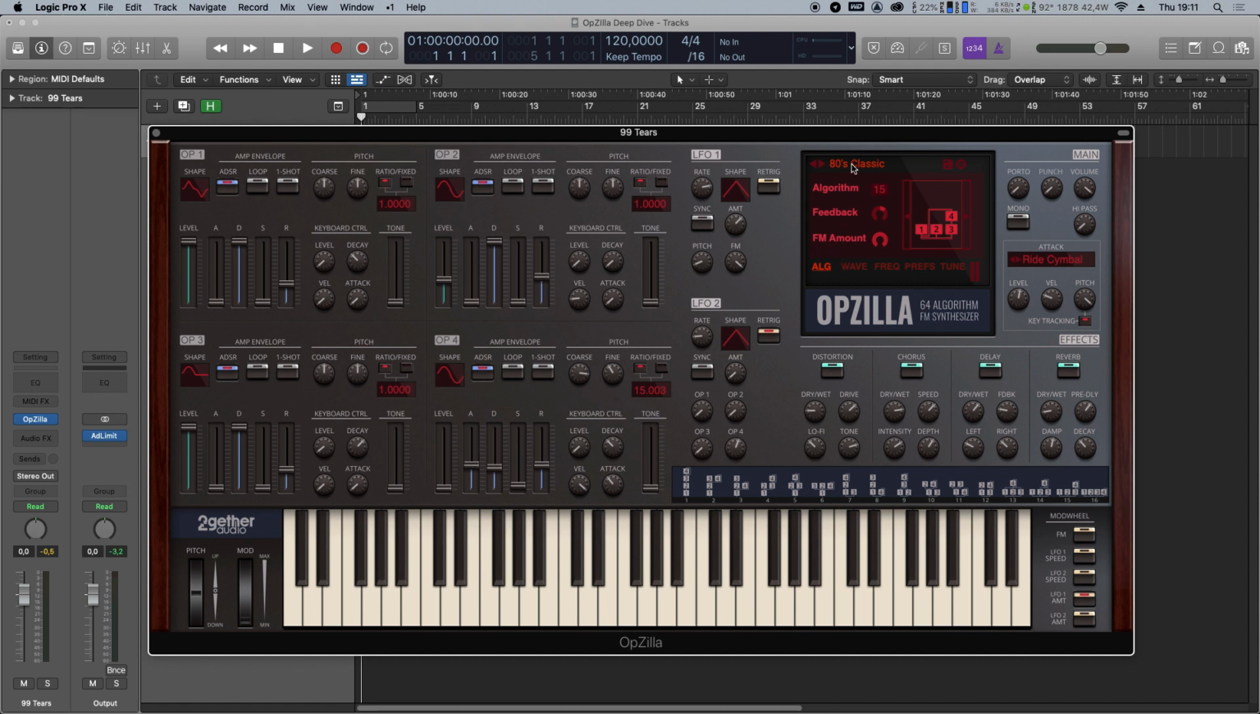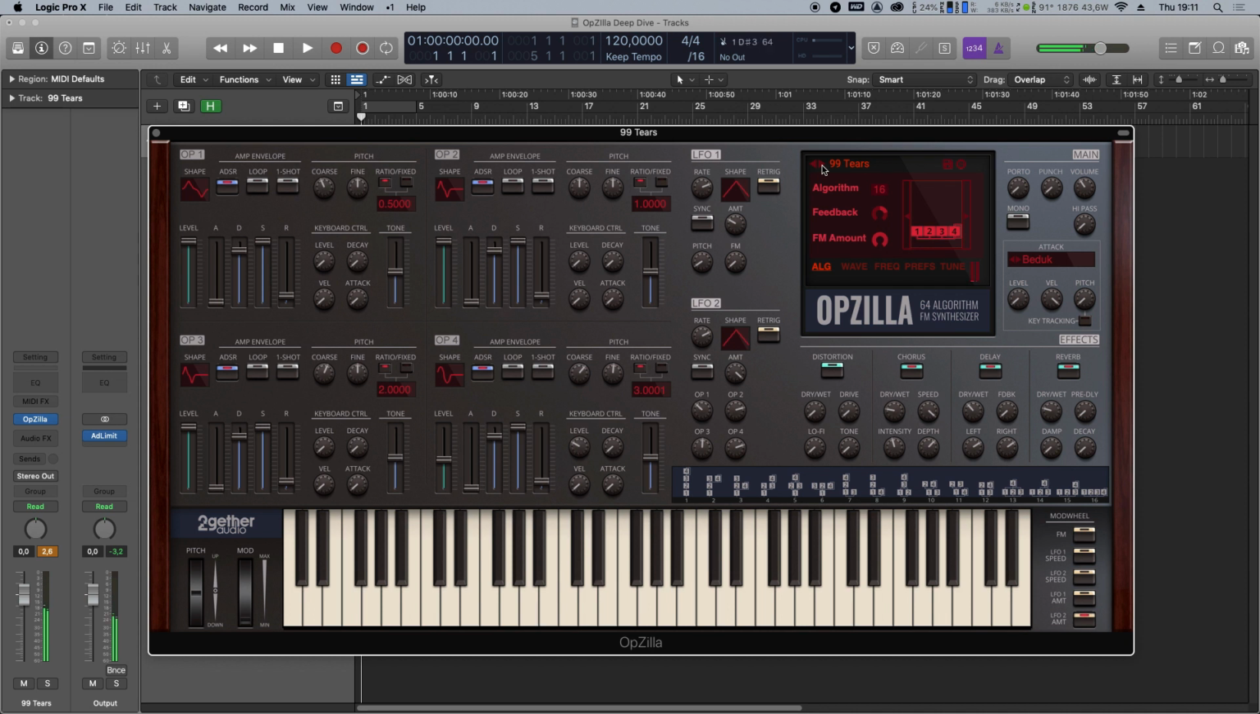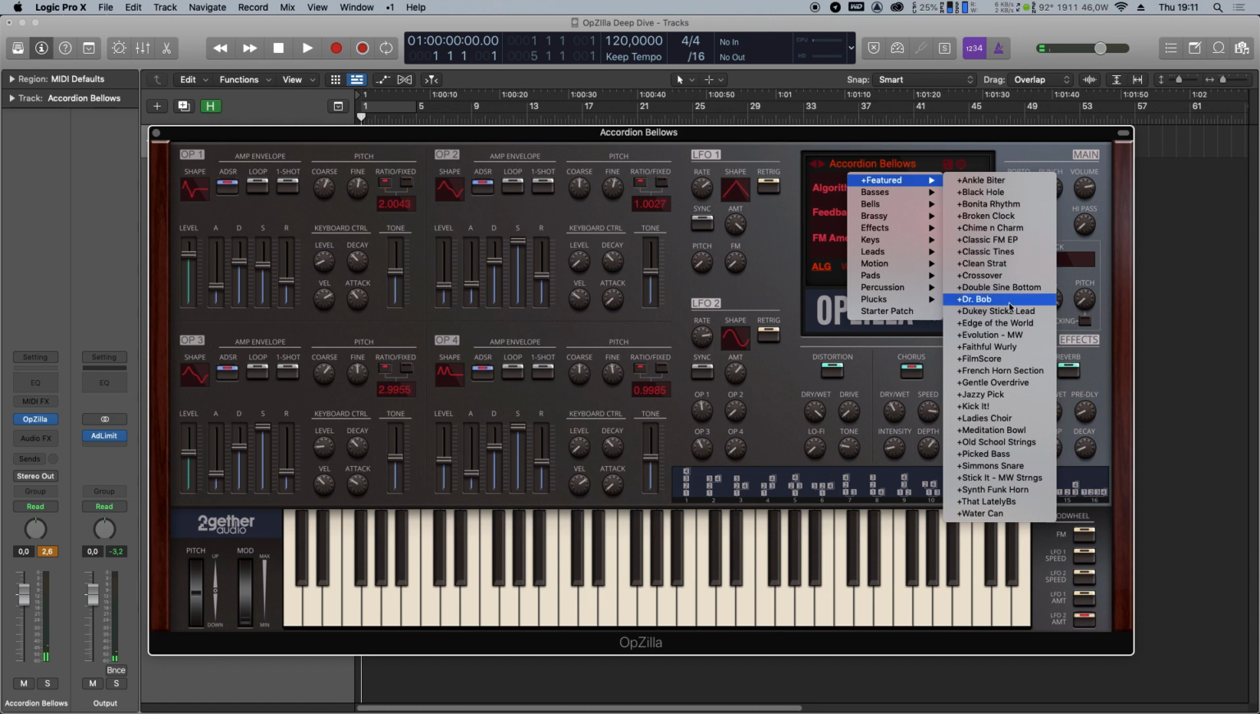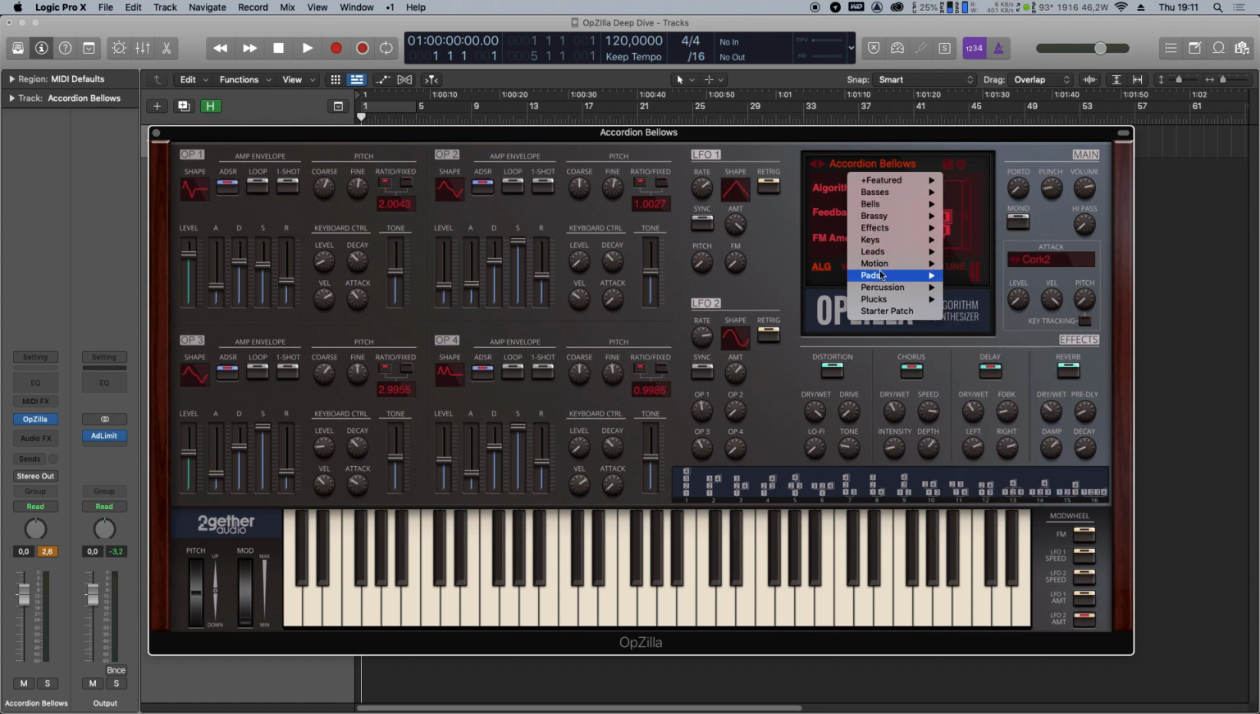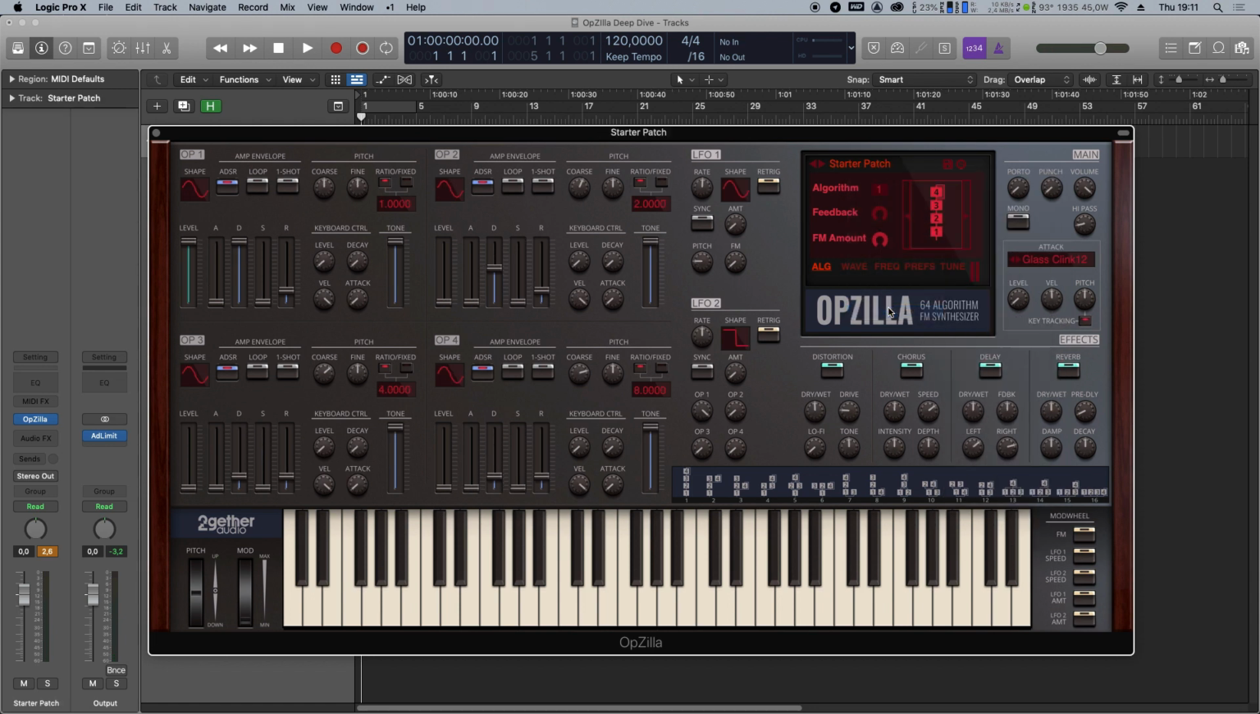You can browse the presets here with the arrows. Clicking on the name gives you the factory presets dropdown with various categories, and we have also provided a starter patch if you want to explore FM synthesis yourself. If you come up with something cool, right-click on the name, enter the name of your preset and click the save icon. The preset is now available through the user presets dropdown, and you can also manage your user presets